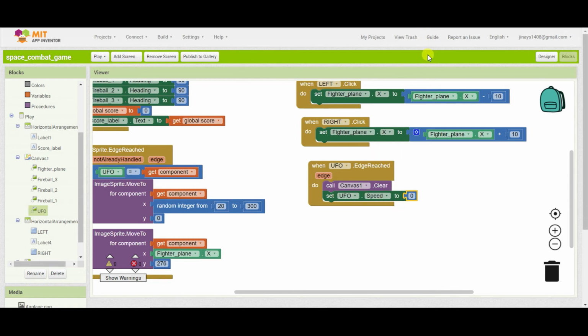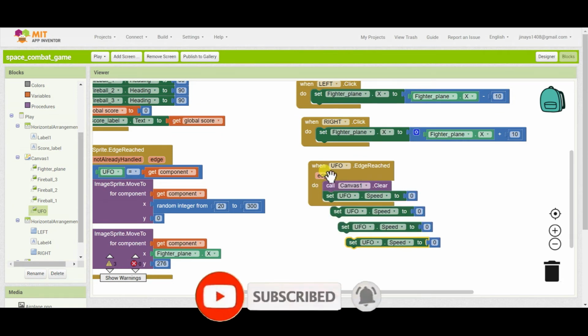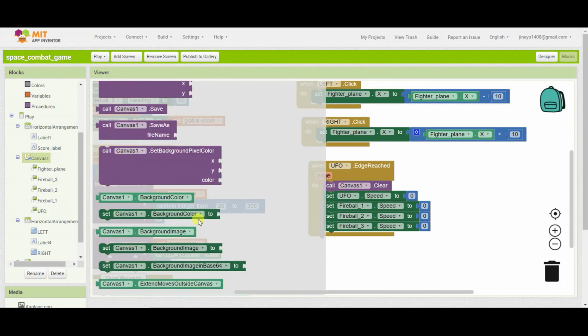And we have to set the speed of all the fireball to 0. Then we have to set canvas1 visible to false.